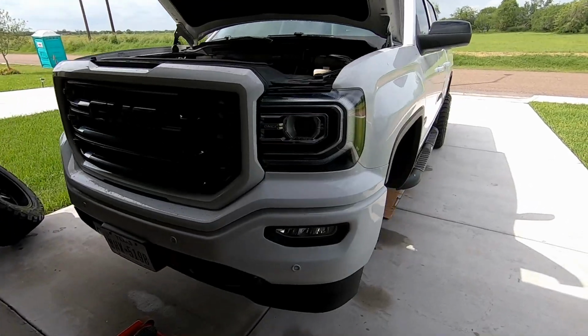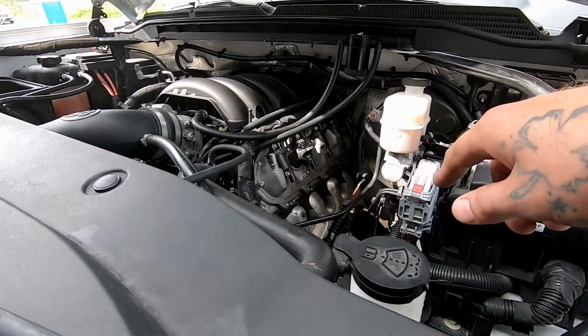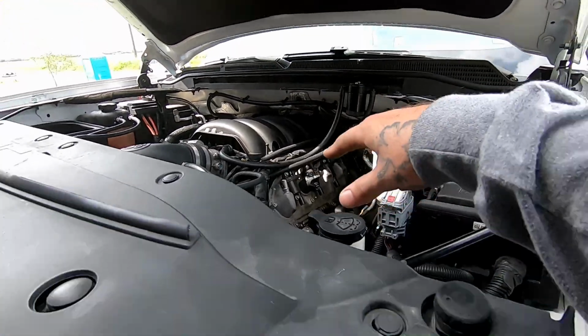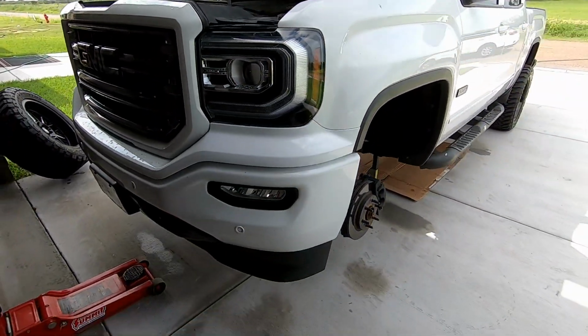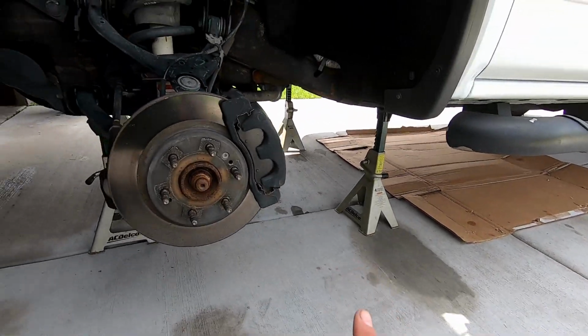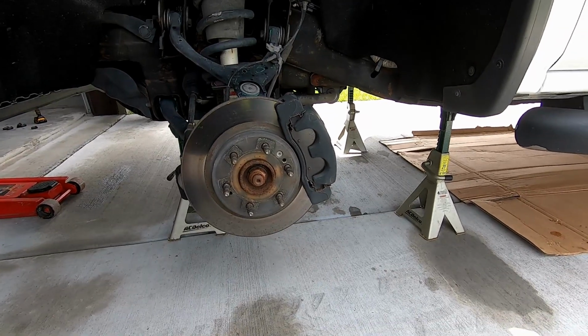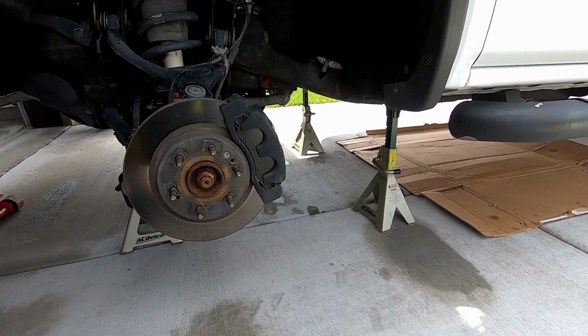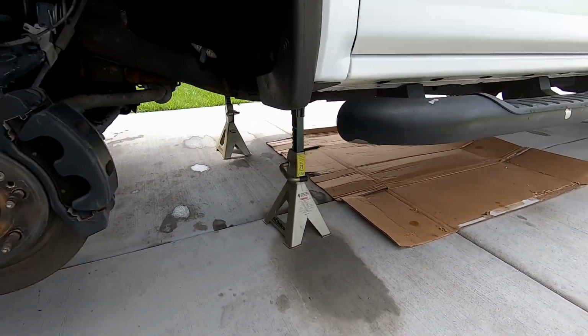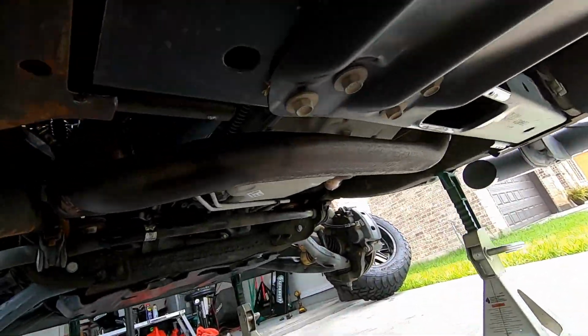All right, so I went ahead and hit the exhaust manifolds with some WD-40 again. In the meantime, I jacked it up and put it on some jack stands. I got 2 there and 2 in the front. I obviously removed the front 2 tires. I guess the next thing I'm gonna do is unbolt. Let me see if I can get underneath here. I'm gonna unbolt